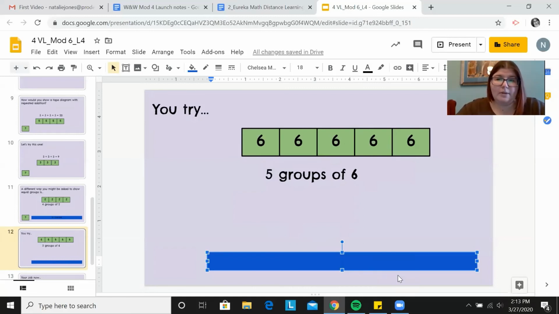So which number am I going to be adding to itself? The 5 groups or the 6 items? The 6 items. So how many 6s do I need? 5. So I'm going to type 6 plus, so 1 group of 6, 2 groups of 6, plus 3 groups of 6, plus 4 groups of 6, plus 5 groups of 6 equals,